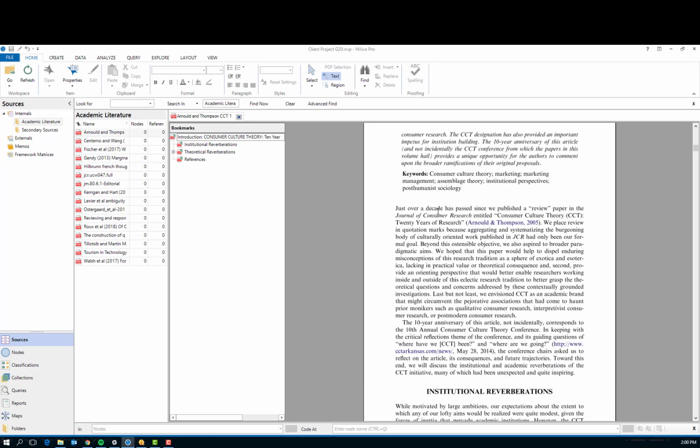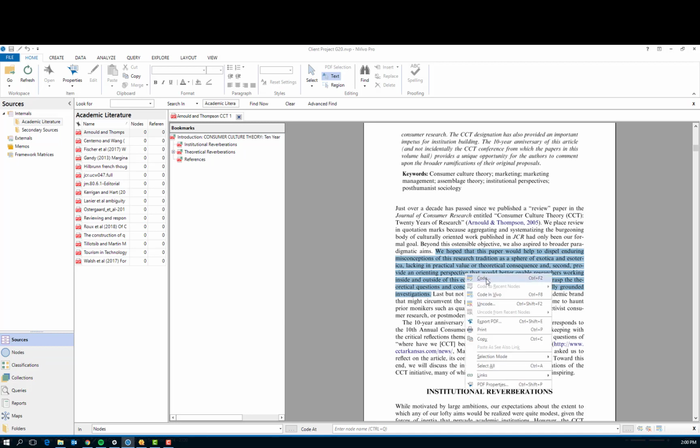So I can select this one, and it talks about simplifying this concept. So I can right click and I select code,